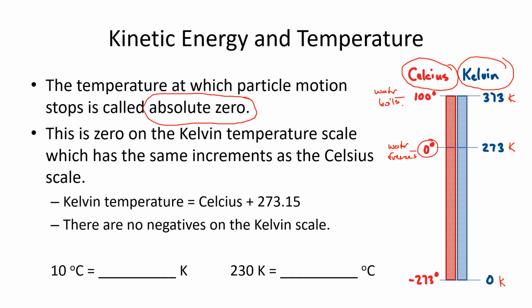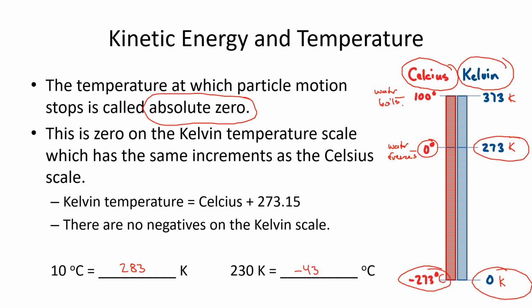And so in order to convert between the two of them, since the increments are the same, it's pretty easy to do. 0 on the Celsius scale is 273 on the Kelvin scale, and 0 Kelvin is minus 273 degrees Celsius. So all you need to do is just add or subtract 273, and you've got yourself the other scale. So 10 degrees Celsius, if 0 is 273, well, 10 degrees is going to be 283 Kelvin. And then 230 Kelvin, well, that's not quite 273. You've got to add another 43 degrees to get to 0 Celsius, so that'd be minus